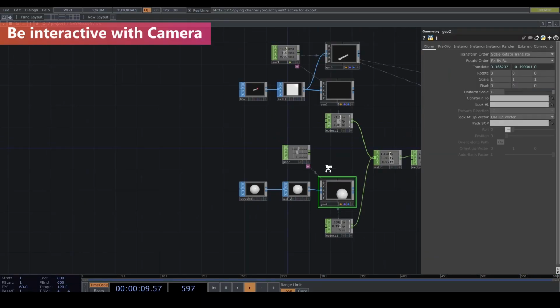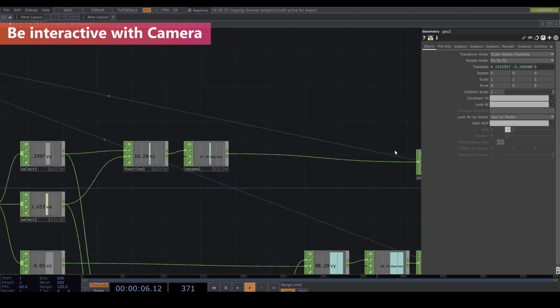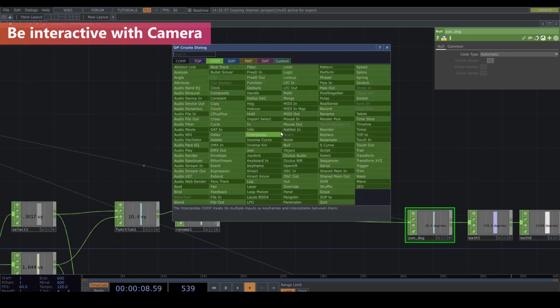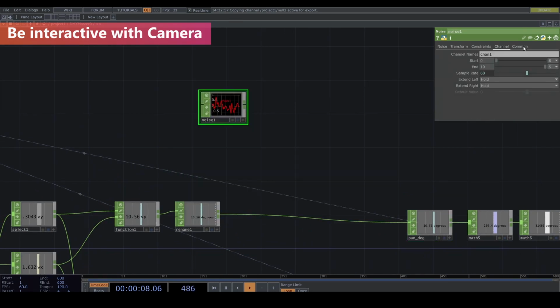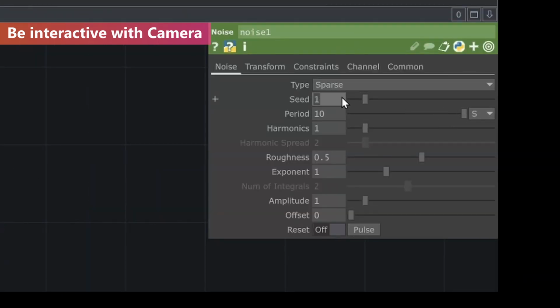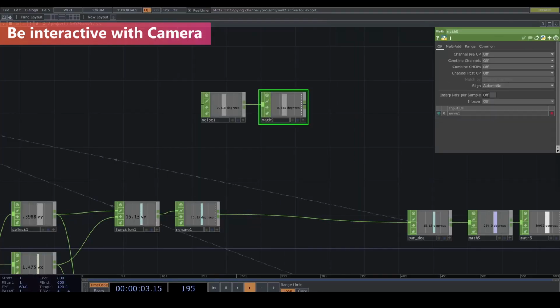So let's dive into here. Before applying the undig, I'm going to add the noise, and then time slice is on. The name is decrease, the period is 10, and the seed is parent dot digit, and the roughness is here. Amplitude is 0.5, and I'm going to add the math, and the range is from -1 to 1, and -50 to 50, and I'm going to